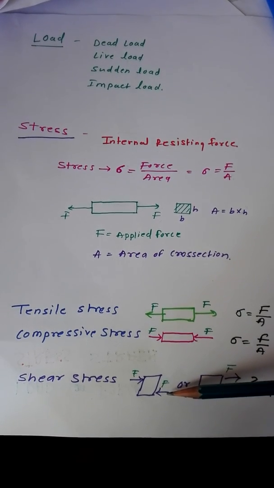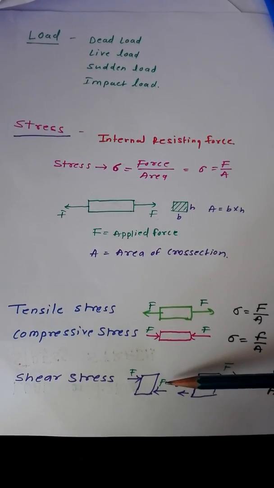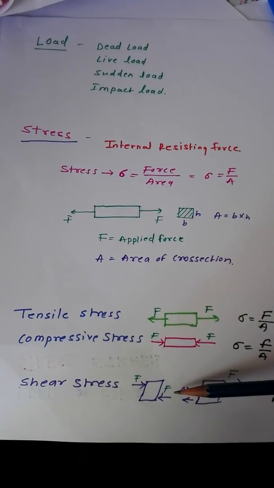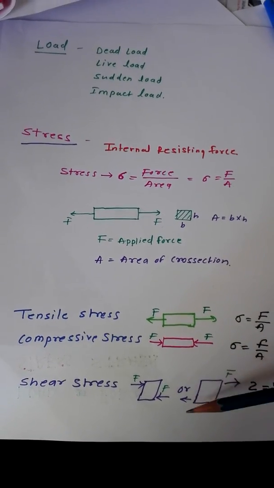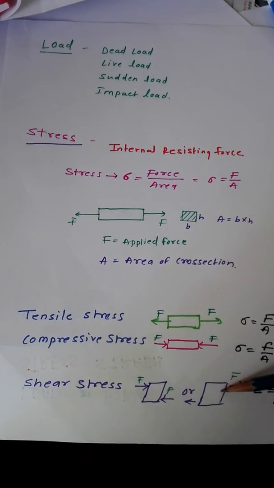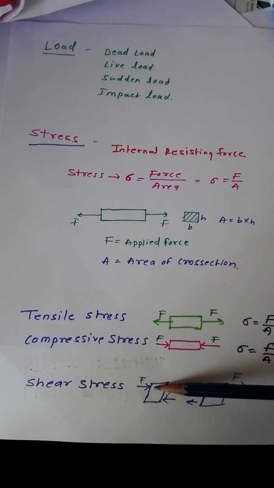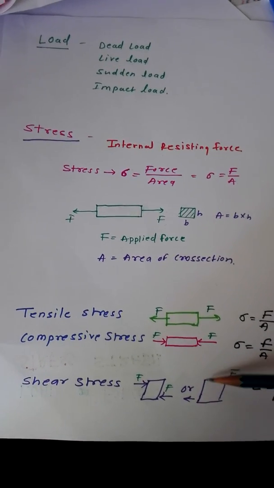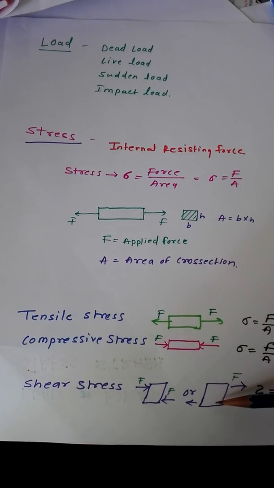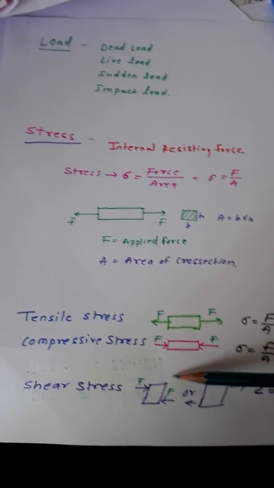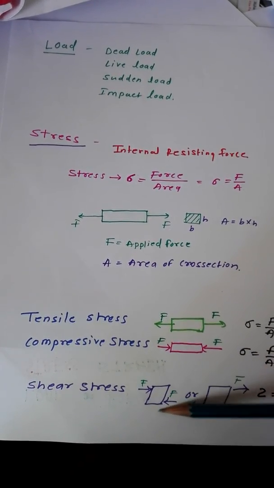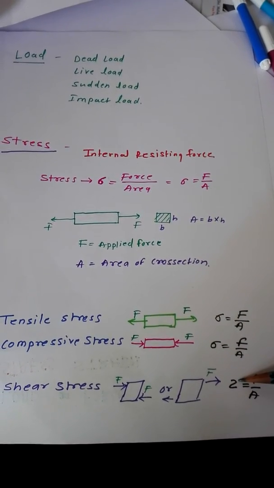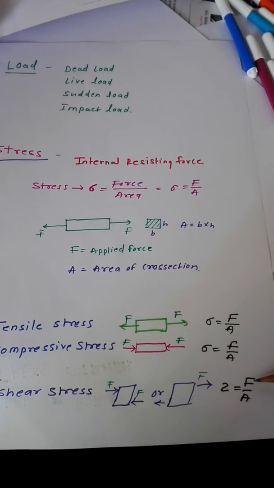When two forces act equally in opposite directions, but the axes of those two forces are not the same, you can see that though both are parallel, the axis is not the same. When these kinds of forces act on the body, shear stress is induced in the body and deformation may take place. Shear stress is represented by tau, and it is also given by F